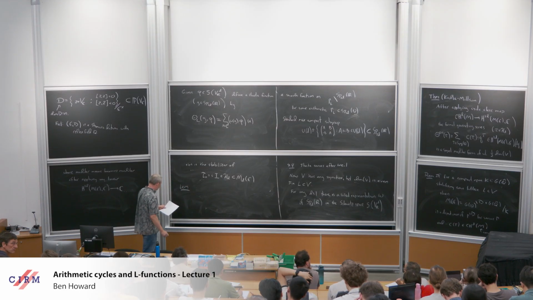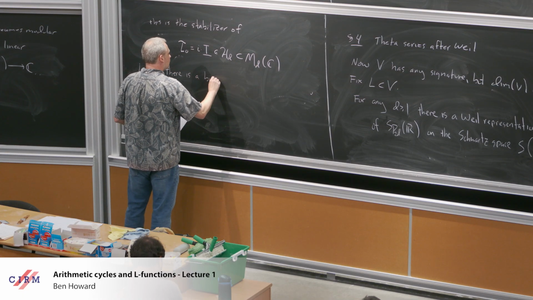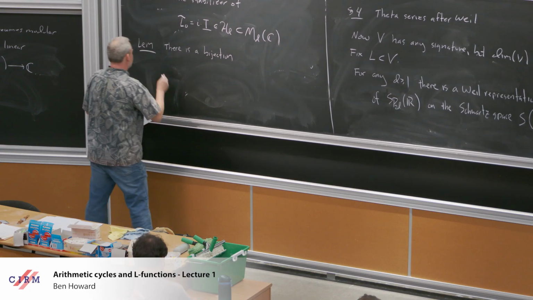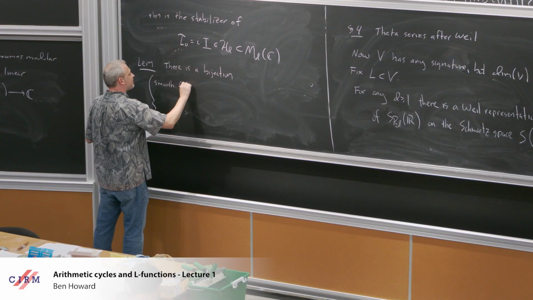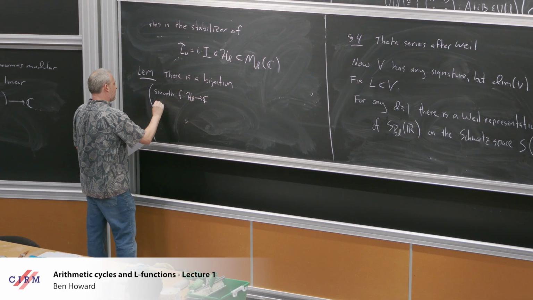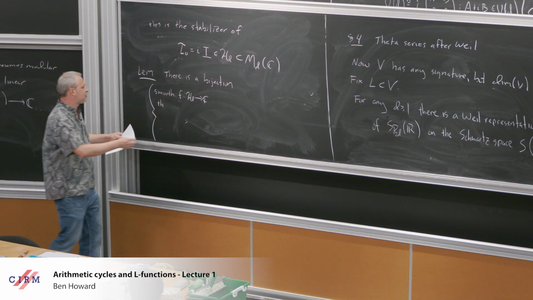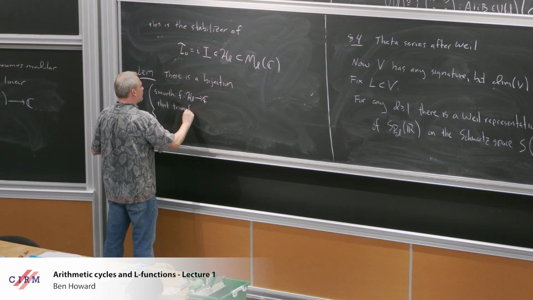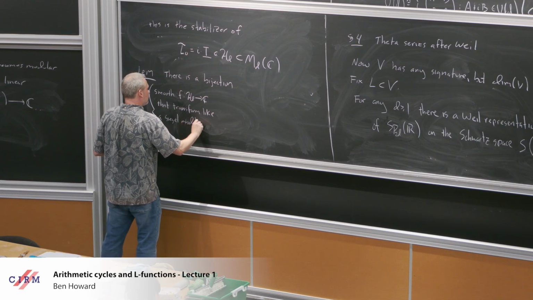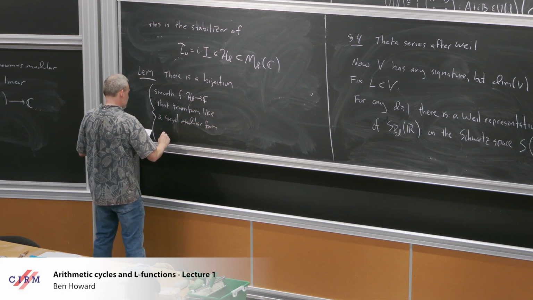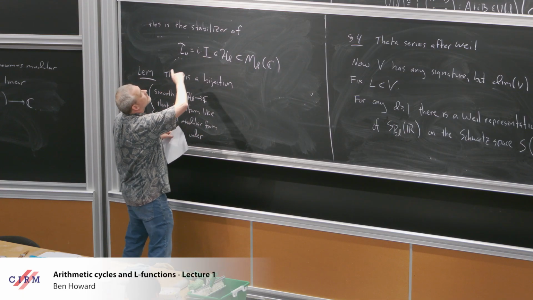Okay, and then a little lemma, which is the following. There is a bijection between smooth functions little f on the Siegel half space, so Siegel modular forms of a given weight, except I don't want to demand that they be holomorphic, just smooth functions that transform like a Siegel modular form of weight m under that gamma L,